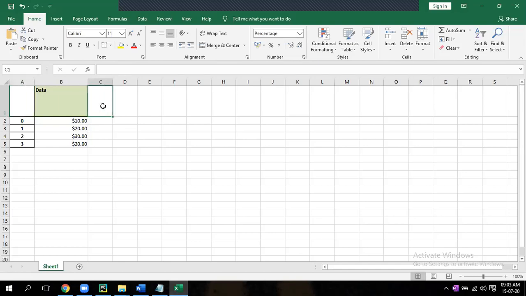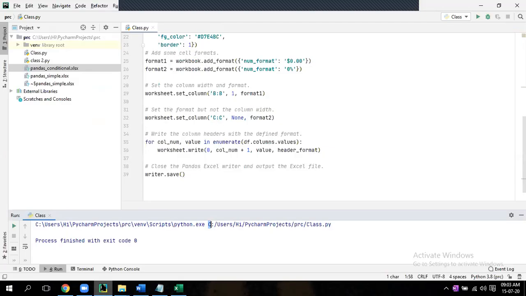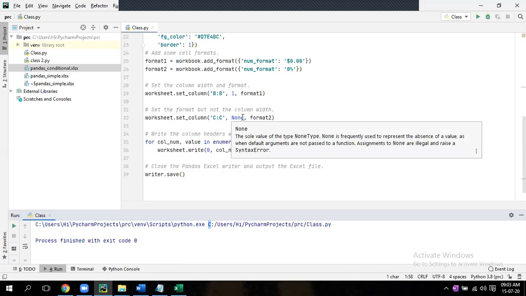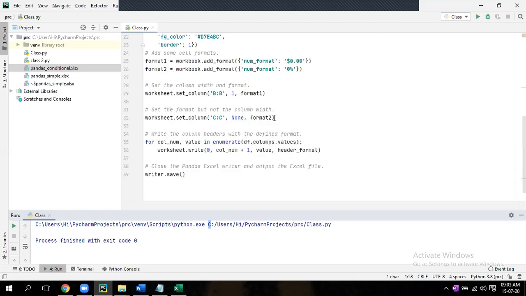Go to your code. I have written in the C the format 2. What is format 2? Percentage, right? I want percentage to come by default, but in our data there is only one column, that's why the second column is not coming. The C column is not there, it's empty.